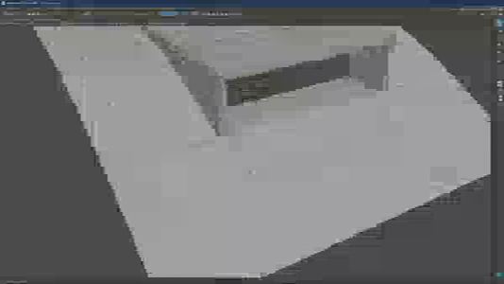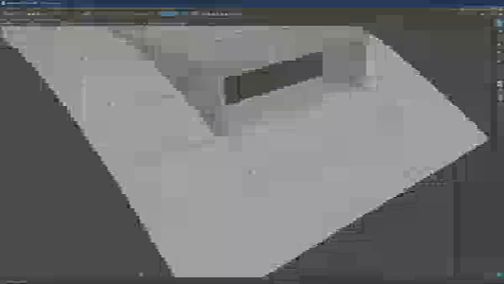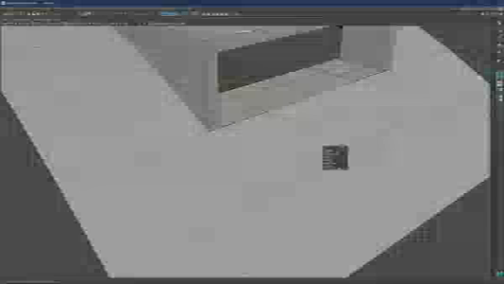Bevel in many situations also will not give you the results that you want, because in this case we have a lot of edges here. But even so, in some situations you will need to do this manually. To know which edge flow goes here, you can just select a couple of edges, do the bevel on your own just to check what kind of edge flow you need. And basically this is the flow that we need. So now what we need to do is just do it manually.